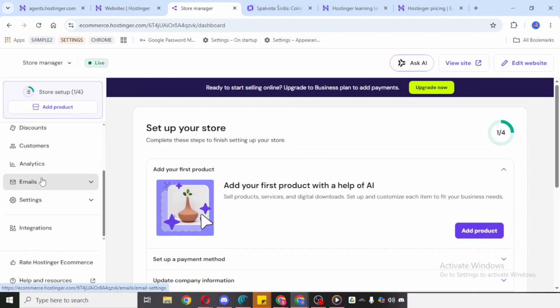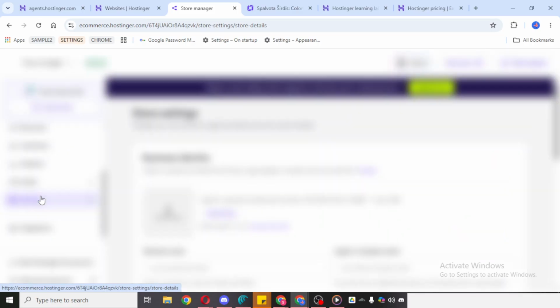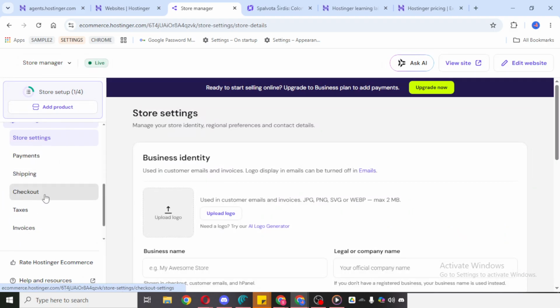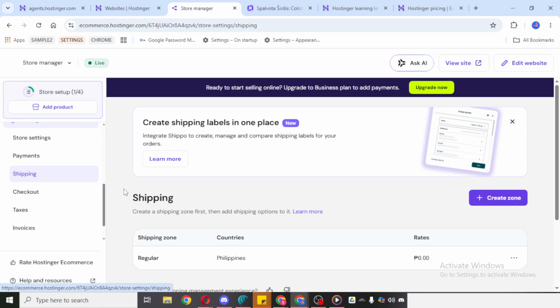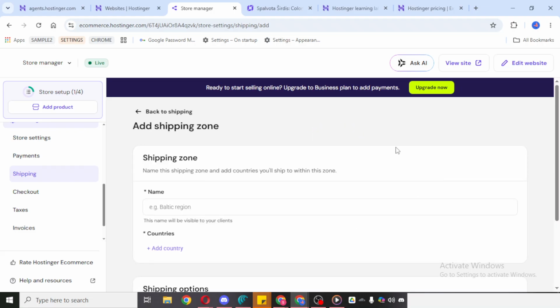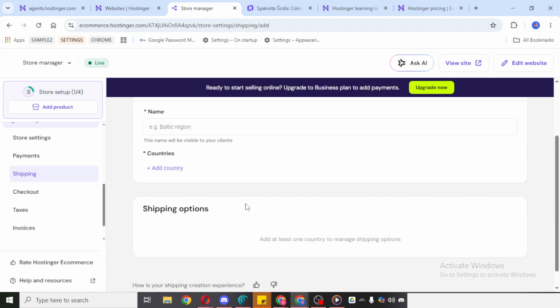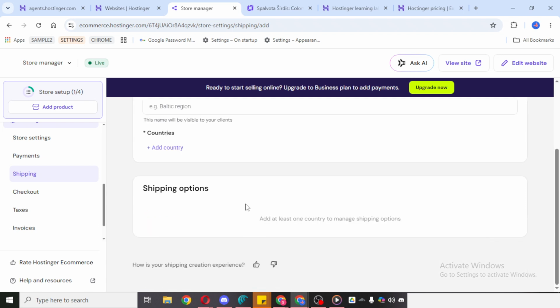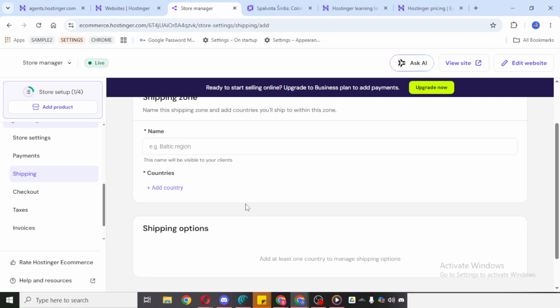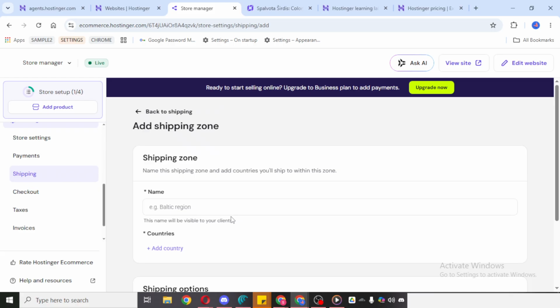And the first thing you'll need to do is create a shipping zone. Click Create Zone. A shipping zone is basically a group of locations that will share the same shipping rules. You'll be asked to enter a zone name, so choose something clear and easy to recognize. For example, you might name it based on a country or region, depending on where you want to ship. Then add the country or countries that belong in that zone. This helps organize your shipping rates and makes it easier to apply the right options to the right customers.